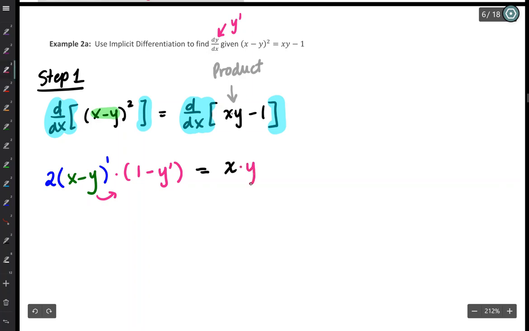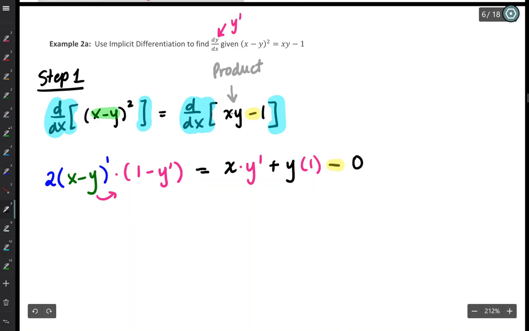The derivative of y is y prime, plus my second function y times the derivative of first. The derivative of x is 1. And then minus